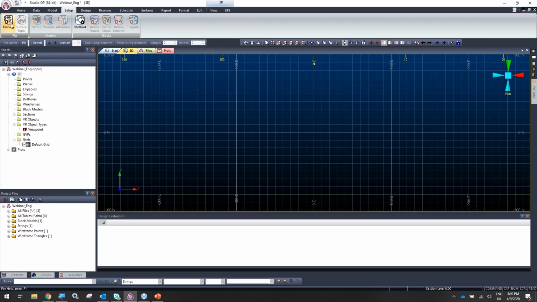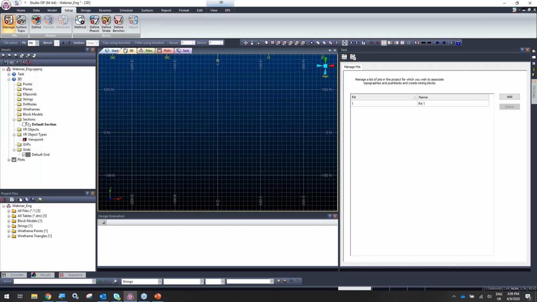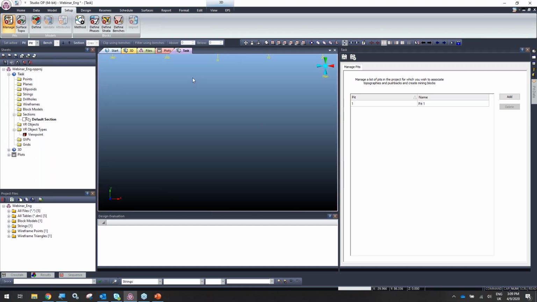Now, if I select manage from the pits, we are in the task window. The task window is a parallel window with 3D, and it ensures you have a bigger working area. During the auto pit design, generally we are using the task window. In the taskbar,